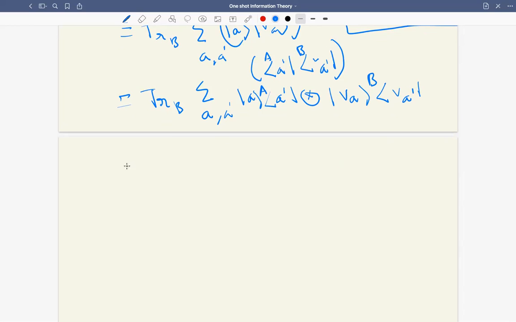Now I know that this has to be rho A. So if I trace out B, this thing should be equal to the sum over A of lambda A, which is the eigenvalue corresponding to eigenvector ket A. Remember, A was the eigenbasis for rho A. So this should look like this. Now, this expression should equal this expression. And remember, ket A is an orthogonal basis. So the only way this expression can equal this expression is if it is equal term by term. So what this implies is that